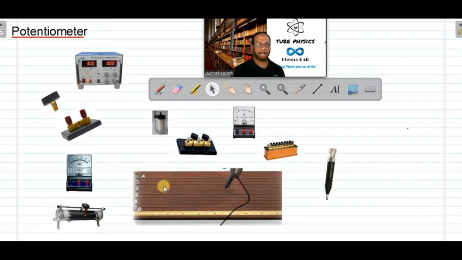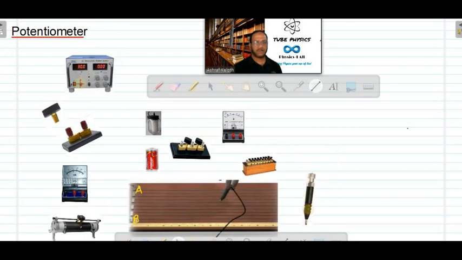Okay, now listen here. For this potentiometer, there are 2 circuits, one primary circuit and one secondary circuit. These components here are needed for primary circuits and these are for secondary circuits. This one is a DC power source. Here we can use a battery or a DC power source. It is called the driver cell. If a cell is used here, it is called driver cell. We can adjust the voltage here. Okay, it is now adjusted for 3 volt. We can make it 5 or 6 or 7 volt. Usually we do with 4 or 6 volts.